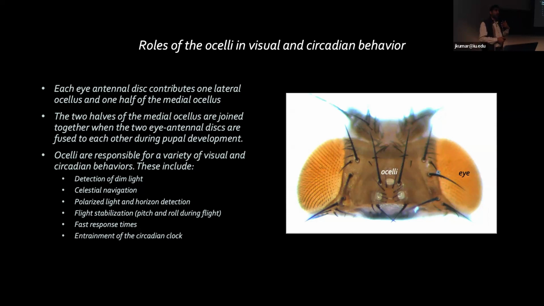And then based on their rhodopsin expression patterns, they can detect very dim light. So insects that fly below the canopy, say in the Amazon, where light is 1,000,000 times dimmer, will use their ocelli to fly around. And then there are a few land-bearing ants that have ocelli. They will detect light from stars and use celestial navigation to move around. So again, they have very different axonal projections, lots of different behaviors, and they're structurally very different from each other. And as that paper I mentioned suggested, they evolved at quite different points in evolutionary time.